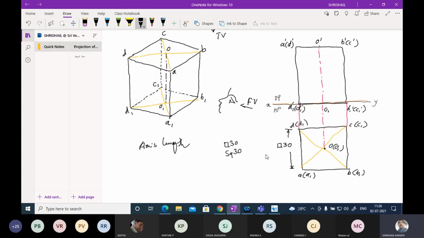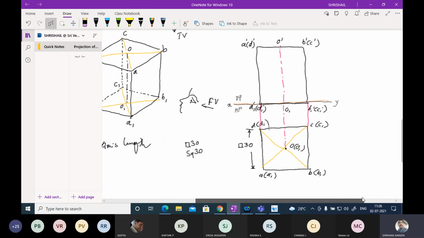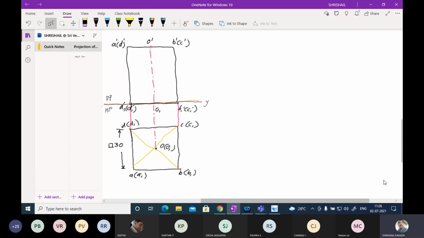Now the construction of this is very simple. I will be telling you how to do the construction. Okay. Take XY line. I have taken XY line. Take a suitable point. And suppose if it is given 30 mm, write a 30 mm length line. And vertically, a 30 mm length line you write.